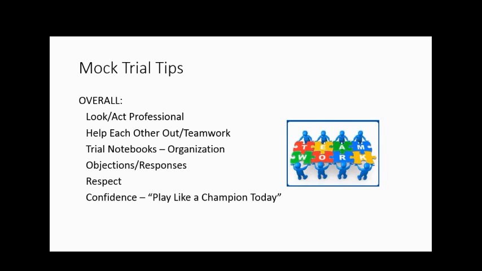The number of bids to the state competition is determined by the number of overall teams in your competition, in your region. So there are 32 bids to the state tournament. We just prorate each region. So if you're in a very large region, you're going to have more bids to state. If you're in a very small region, you're going to have less bids to state. And it's all done with a mathematical formula.